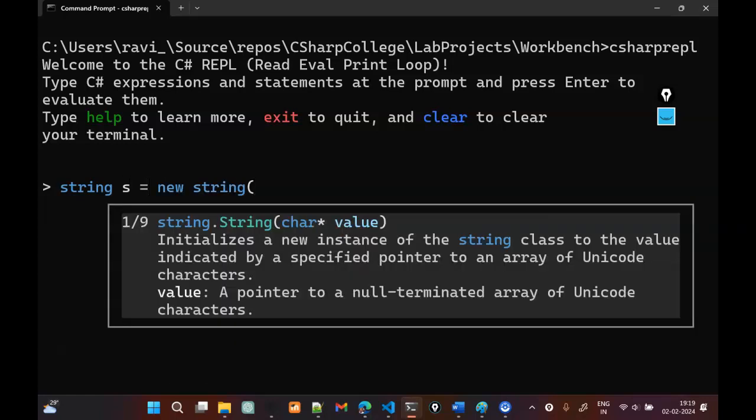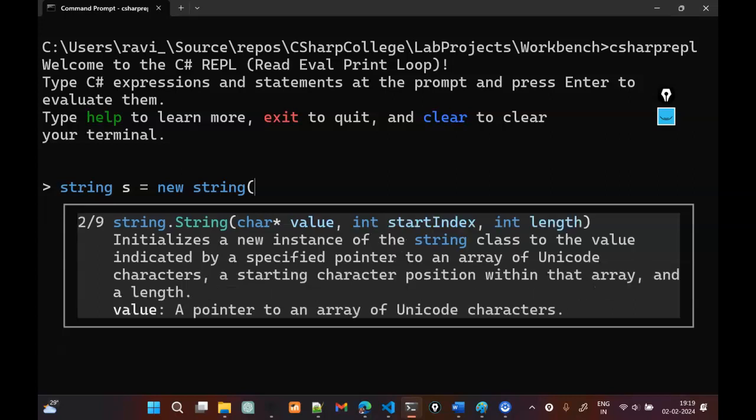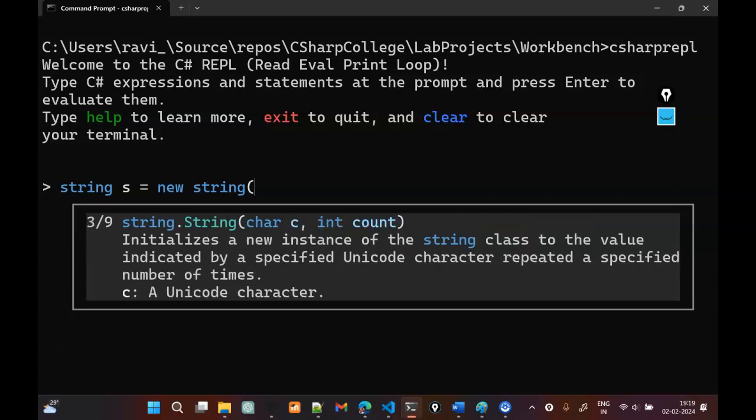We have several options here. Basically, we are using a string constructor instead of simply assigning the value directly. We have a lot of options on how we construct that string. So we are using the third overloaded version where we actually specify a character which needs to be initialized into